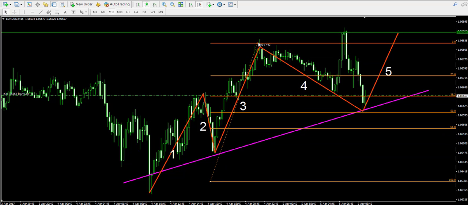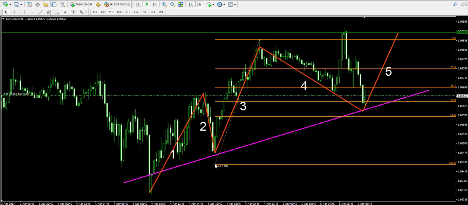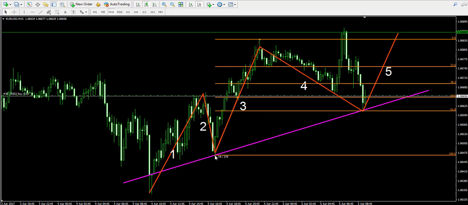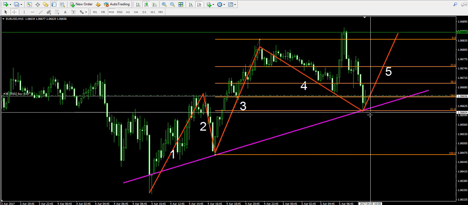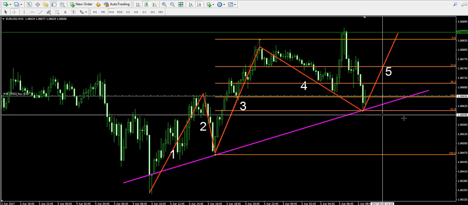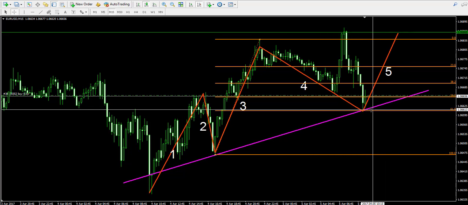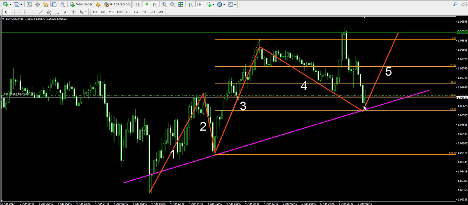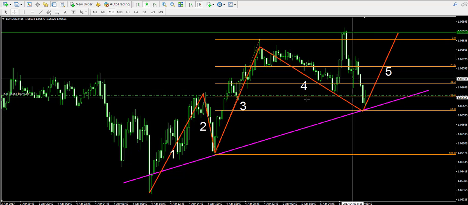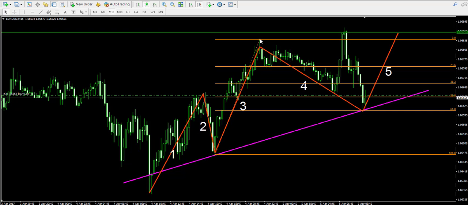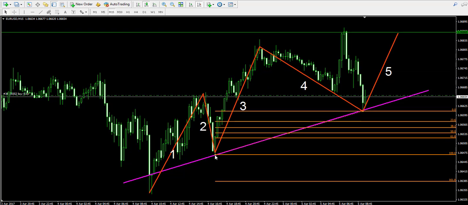And then the theory states that the fourth wave should take either 38.2, 50, or 61.8% of the third wave. As you see, the fourth wave reaches exactly 61.8% of wave 3. For this reason, I believe that the fifth wave is currently emerging on the chart, which is the reason I'm going to trade at least